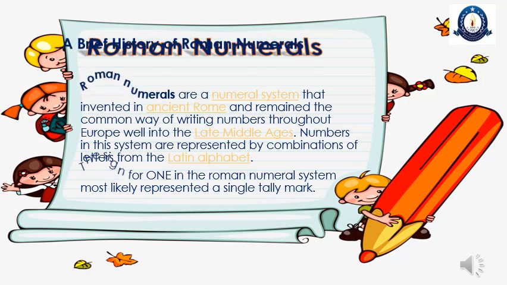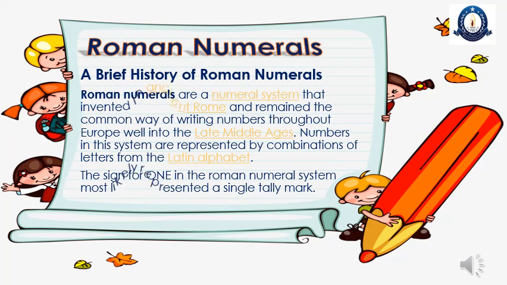Now let's learn about the second objective. The second objective is the concept of Roman numerals. The key point of this objective is that students should be able to write and read Roman numerals. Before starting the topic in detail, before starting how to write Roman numerals, first we will see a brief history